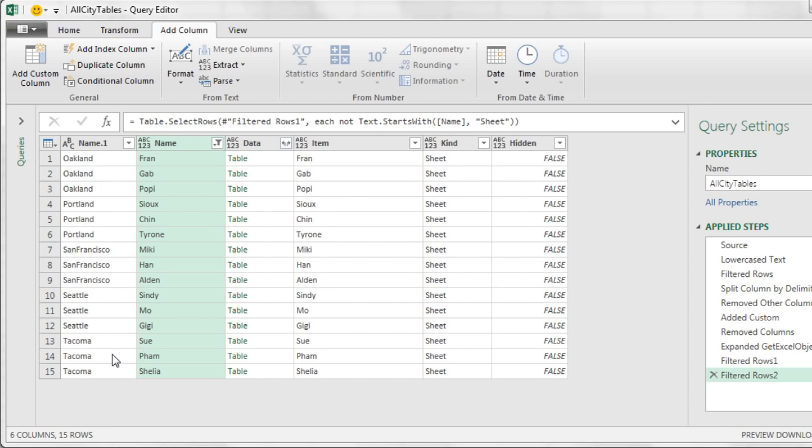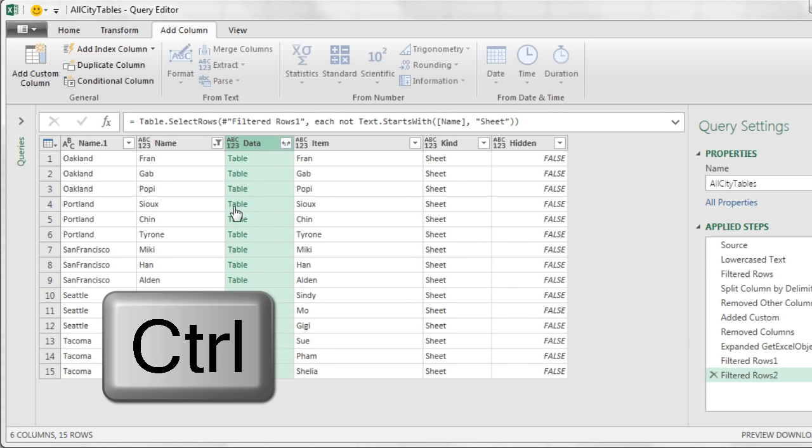There's our city names from the file name. There's our sales rep names from the sheet names. There's our data. Now, we don't need any of these columns. And watch this. I need to highlight all these and then right-click Remove Other Columns. But I'm going to highlight them in a certain order. And here's why. I'm going to click on Data first. Then I'm going to hold the Control key, and I'm clicking on Name second, and still holding Control, Sales Rep